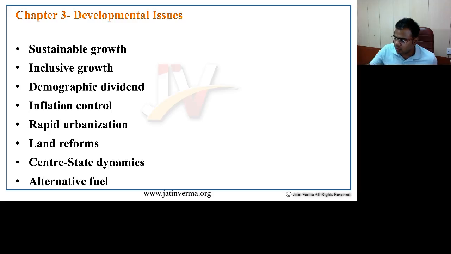The next developmental issue that India is facing is the demographic dividend. Here I would like to talk about the demographic dividend and demographic echo. What this dividend says is that when there is a favorable age structure where the dependent population is reduced and the working age population increases, which in India is around 65% of the total population, what actually happens is that the amount of investment and the purchasing power increase, which fuels the growth. So a favorable demography could be reaped as a dividend.